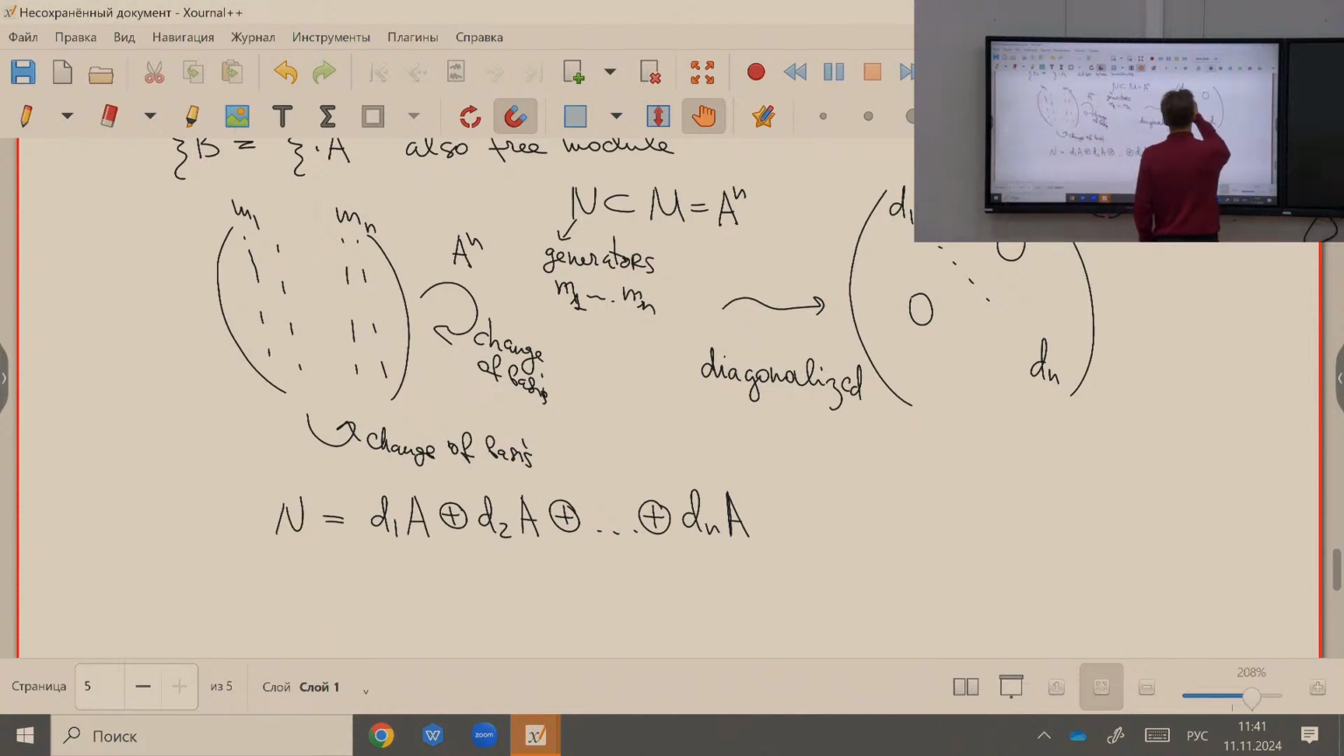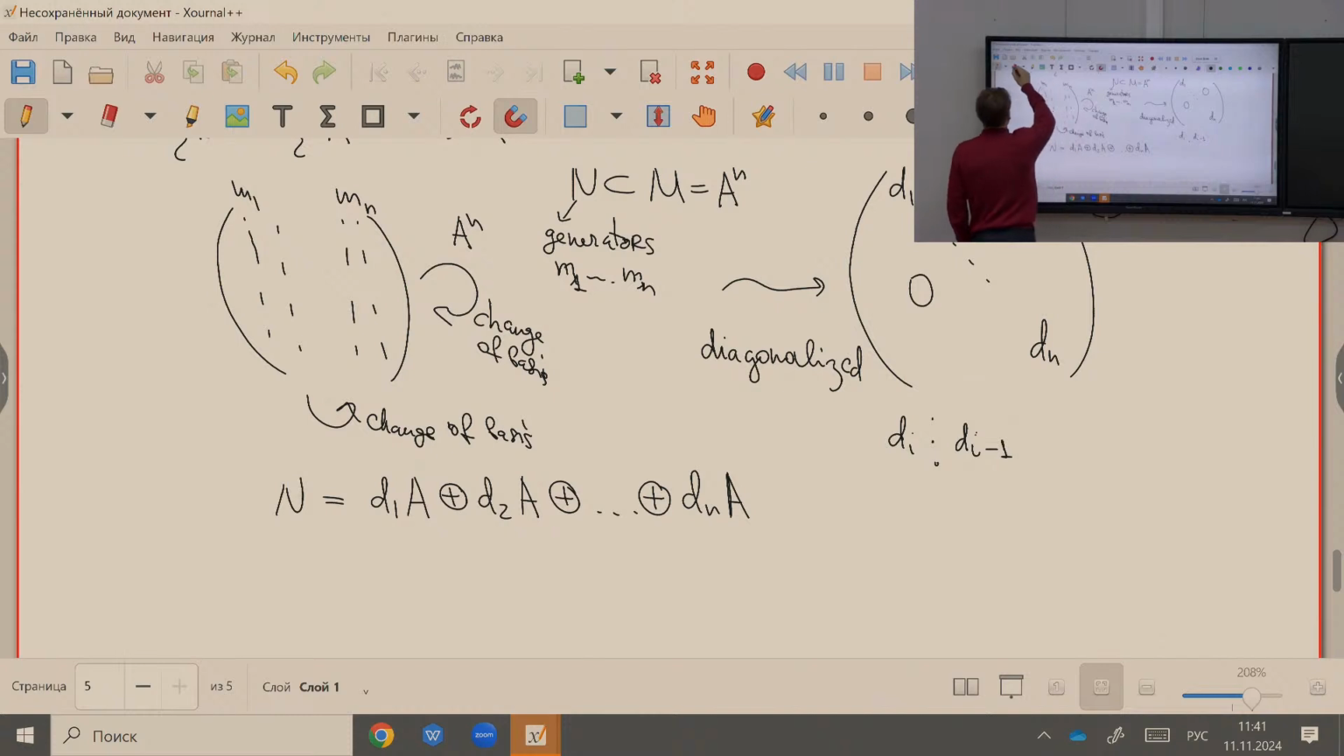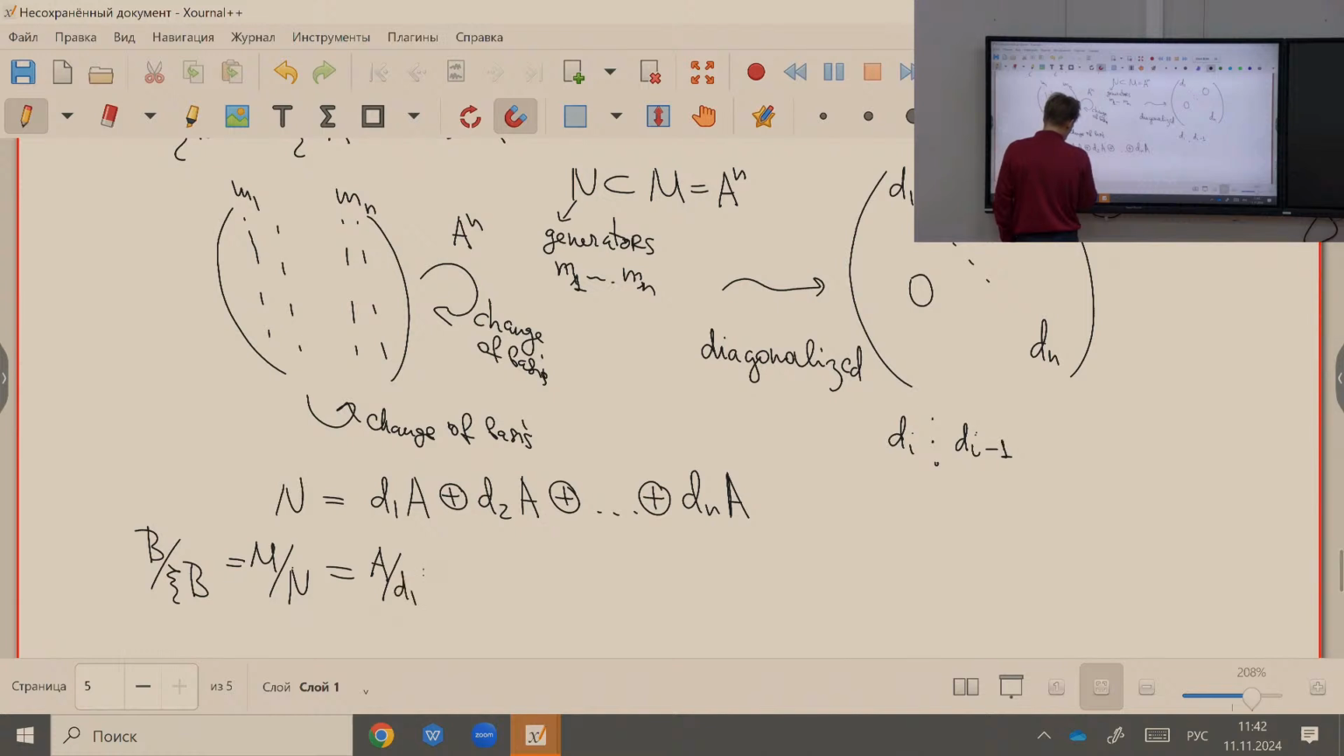Yeah, so D2 is divisible by D1, so Di is divisible by Di minus 1. Yeah. So these numbers increase during this procedure. Yeah, because this means that if you take a modulo n, as the module B modulo psi b, it is just d1a plus etc. plus